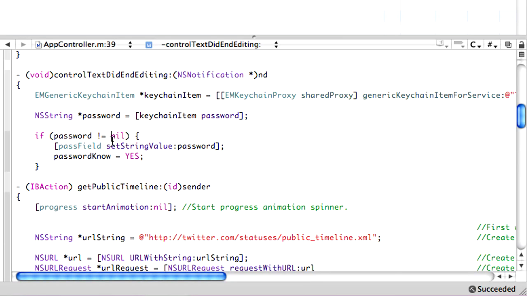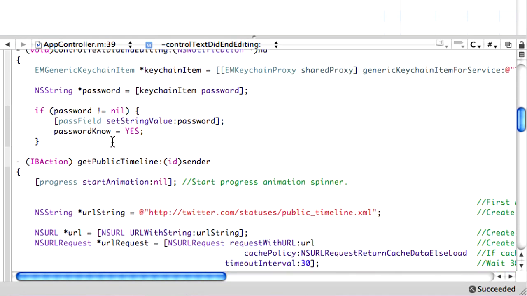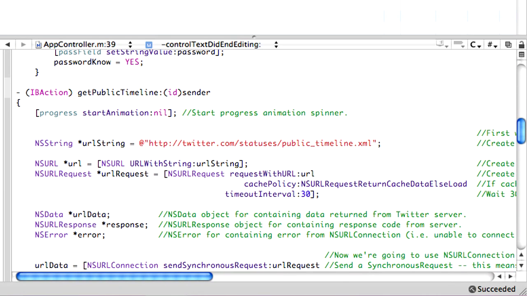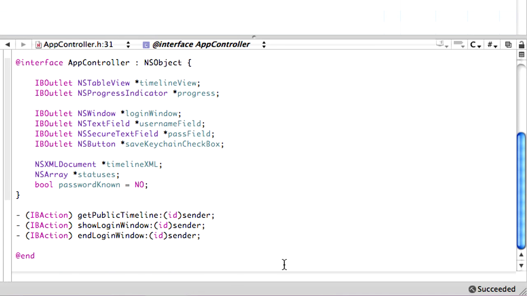So now we've gone and saved our password. Well, that doesn't do much good if we can't actually get the friends timeline. So we need to create another method here, which will return void, or return nothing rather. And we're going to get friendsTimelineForUsername, and that we need to enter in a string called username and pass, which is an NSString